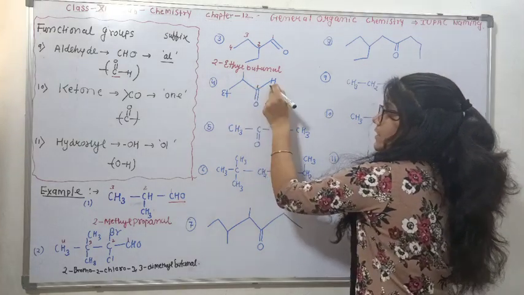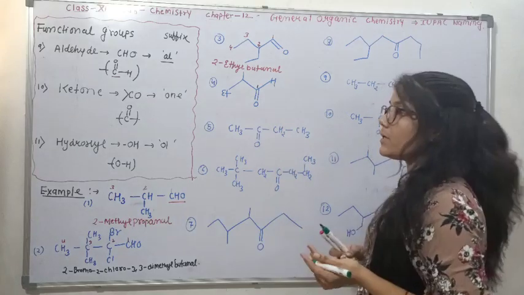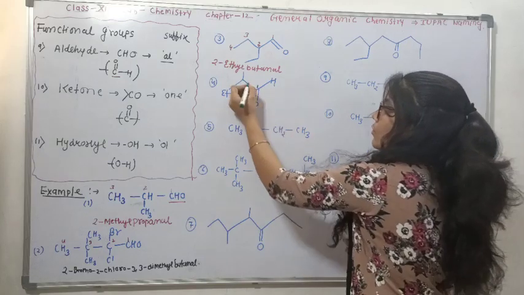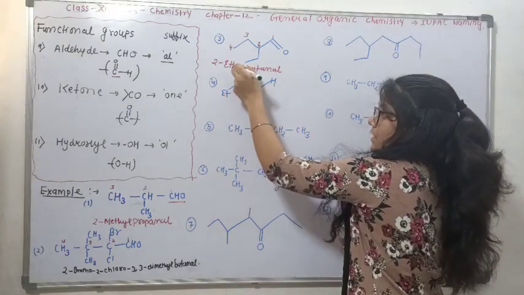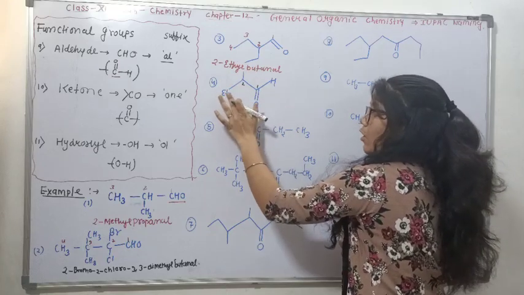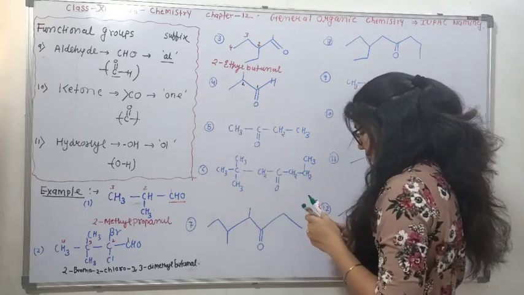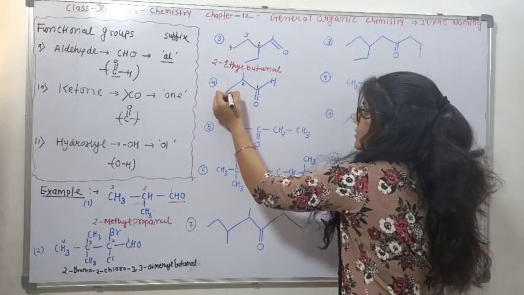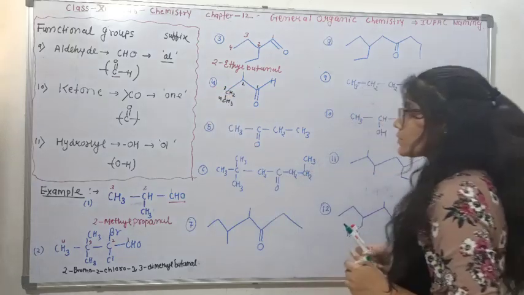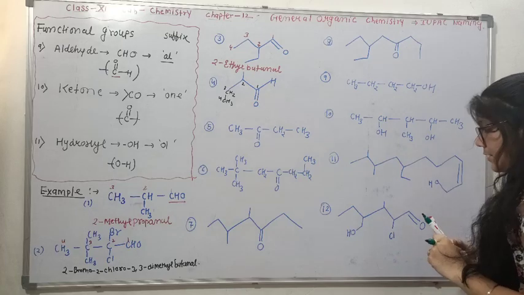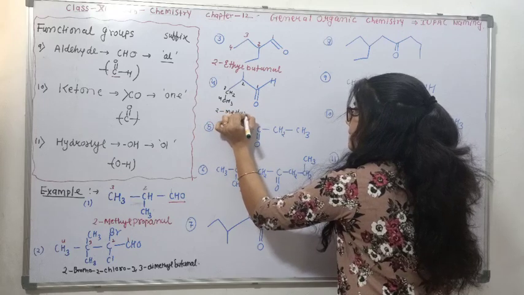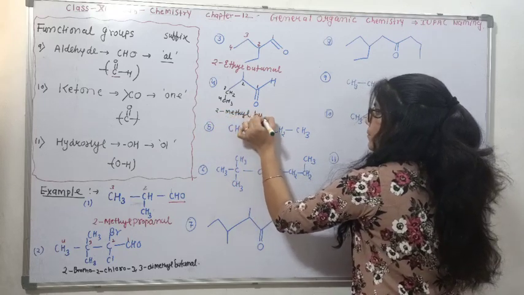Next one, number it. 1. See, here hydrogen is given, so there is no carbon, only hydrogen is given. 2. Now 3, but here is an ethyl group, that means 2 carbons. So we'll go for the long chain option. Let's just open it. Ethyl means CH2, CH3, that is 3, 4. So the name of the compound will be 2-methyl butanol.